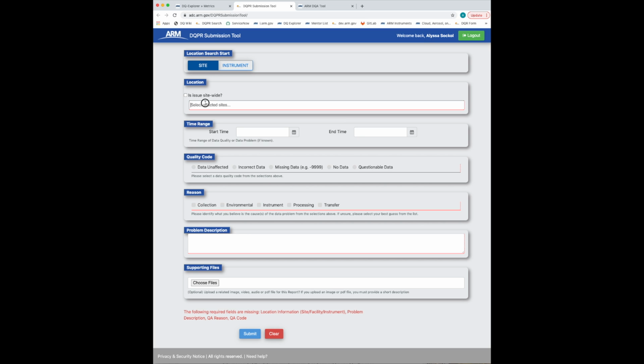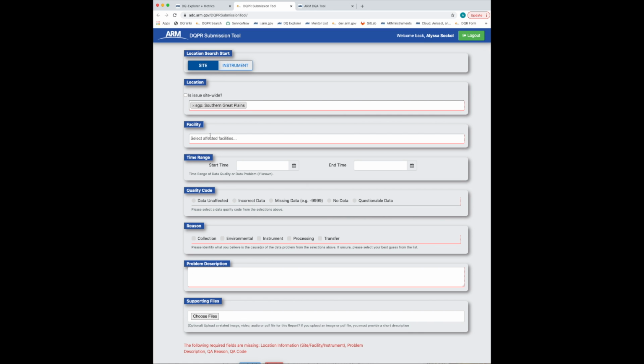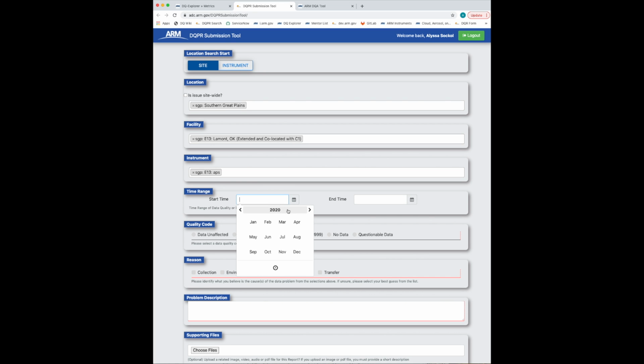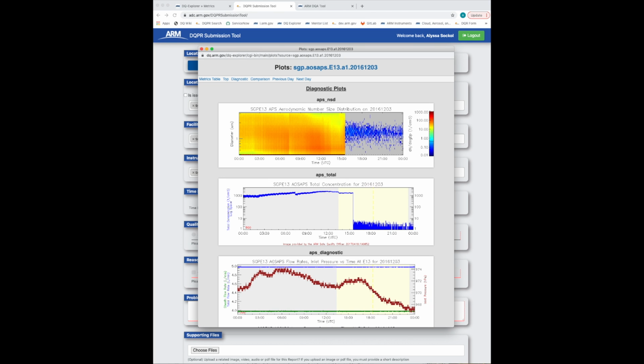In this case, it's SGP for the site, E13 for the facility, the APS instrument, beginning on 12/3/2016. When it comes to the approximate start time, if we look at the original plot where we first noticed